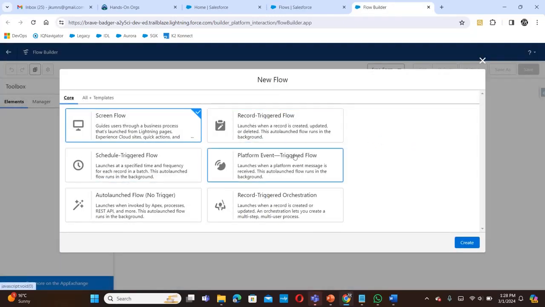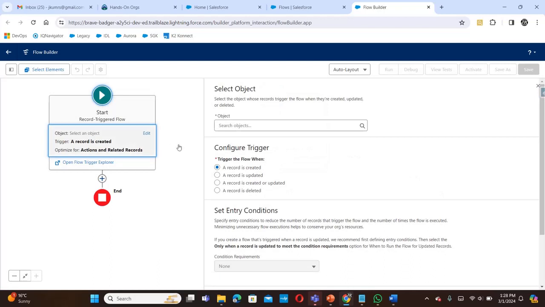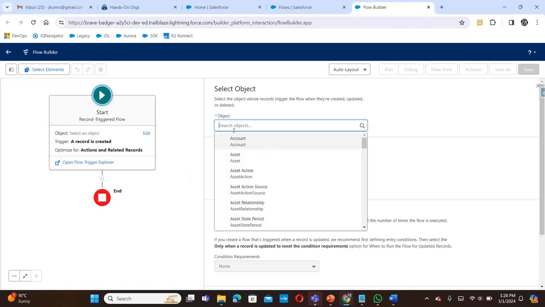In our case, we have to build our flow as a record-triggered flow because we want to trigger our flow when a contact record is getting created or deleted, and update the count of the related contacts on the account object. So let's select this option, and we have to define what would be the start of our flow. Our trigger object would be Contact